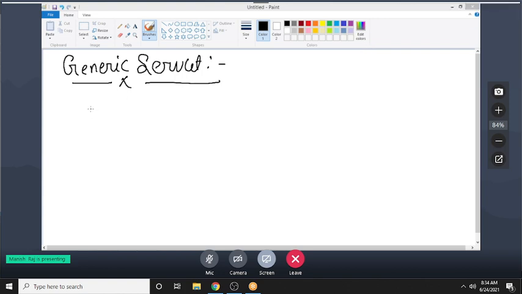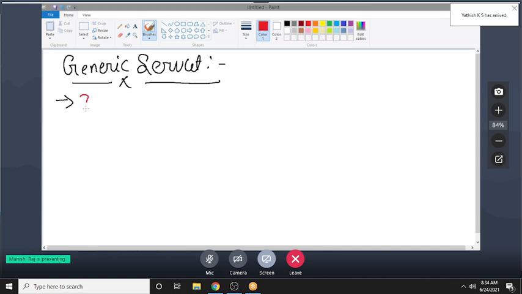Okay, so guys, the first type of servlet is known as generic servlet. The name generic servlet is given because it is not associated with any protocol. Anyone can ask, what do you understand by generic servlet? Why is the name generic servlet? So you have to say, since